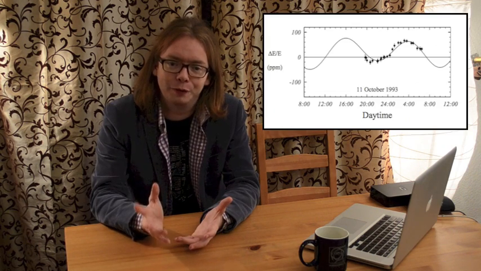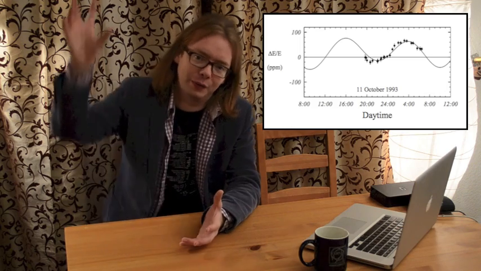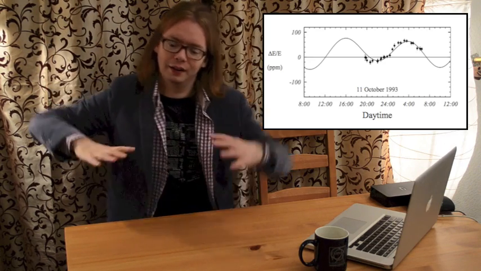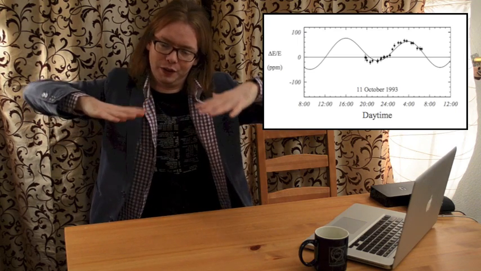Now, there are lots of different things that can affect what's going to happen with these magnets. And one of the effects is actually the tidal force of the moon as it goes around in the sky. So the moon is passing by, and it's actually dragging the Earth with it. The Earth deforms slightly on the side facing the moon, in the same way that the tides go up and down with the movement of the moon. And this actually causes shifts in the magnets, it causes shifts in the beam parameters,